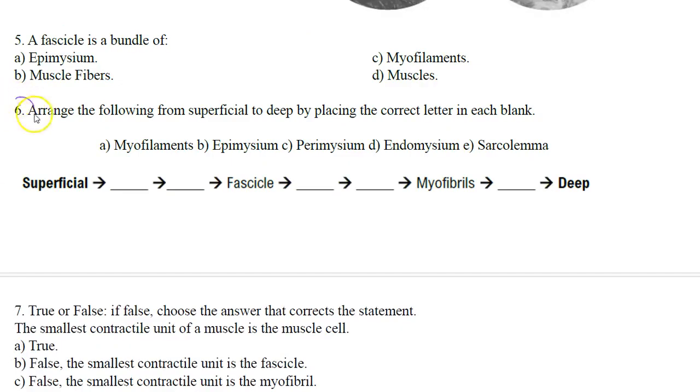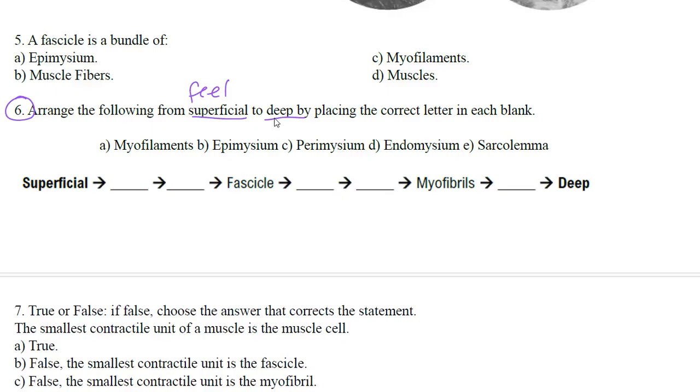I'm going to focus on number 6. It says, arrange the following from superficial to deep. So superficial is something you probably can feel, whereas deep, you would have to go underneath the superficial layer in order to feel it, okay? So for example, if I'm just touching my muscle on my forearm here, I can touch the muscle here. And then if I need to touch the muscles underneath it, that's me going deeper and deeper and